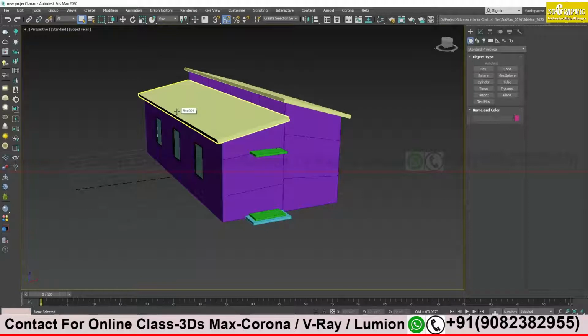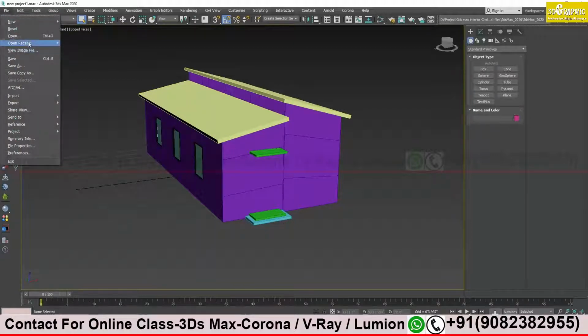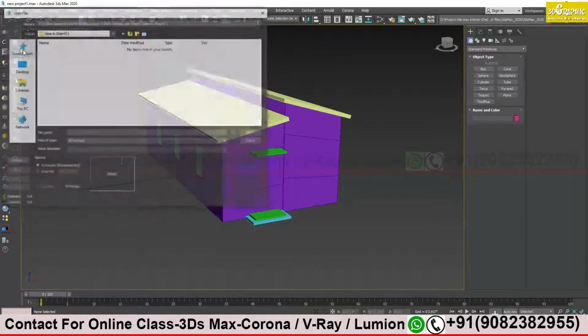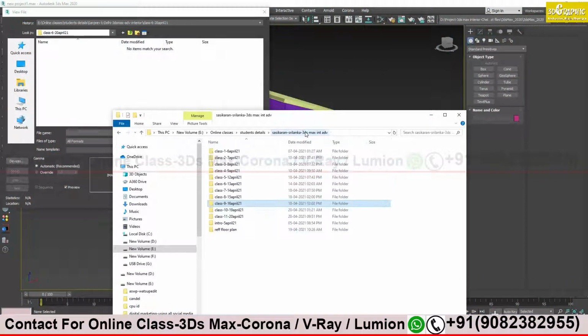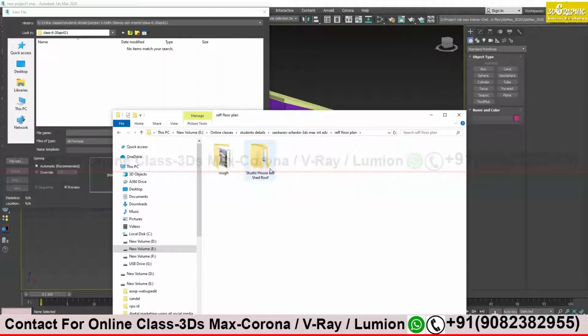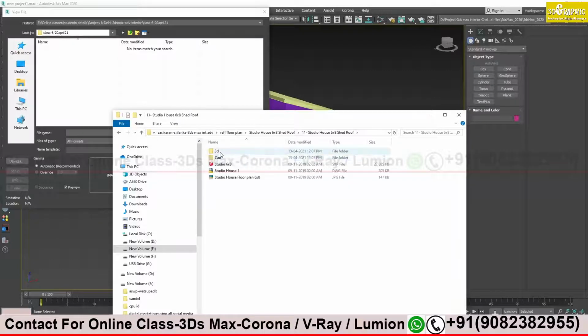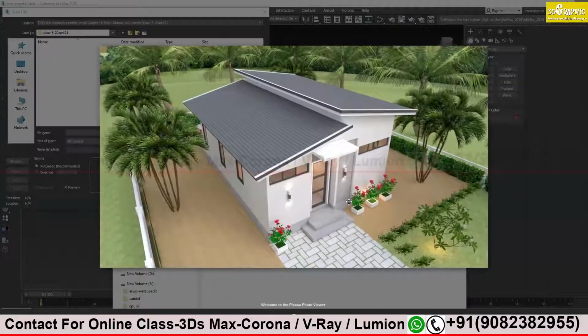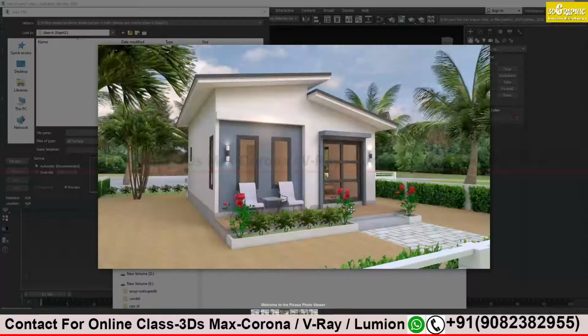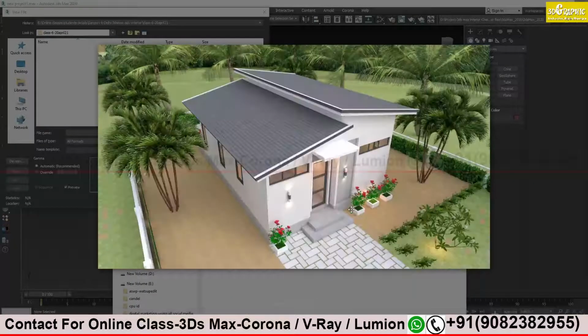So what I will do, I will import my reference image first. The same step: I'll go to view image file and see where I have saved my reference images. Maybe over here, in the CAD files, maybe this one.